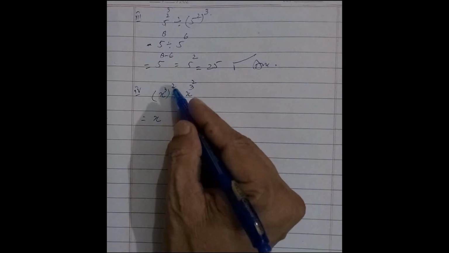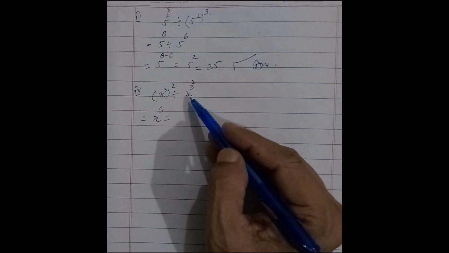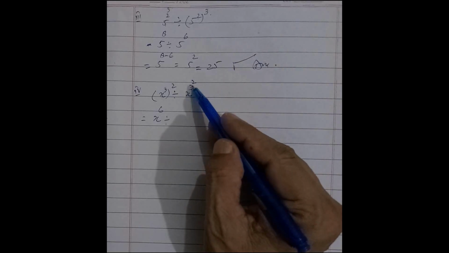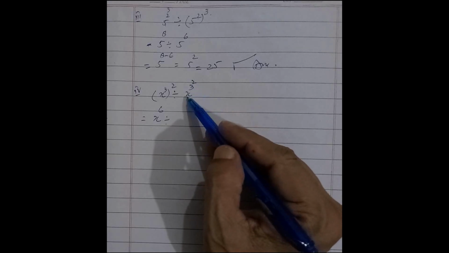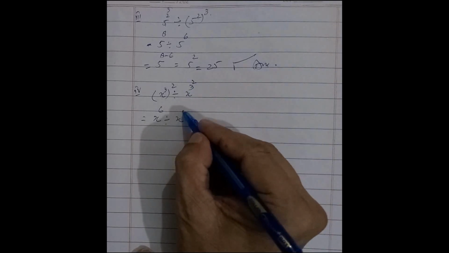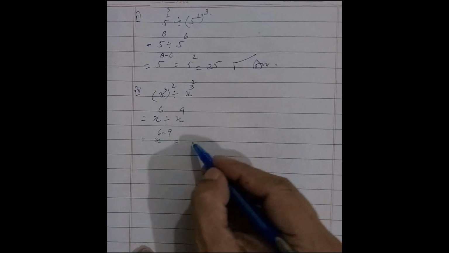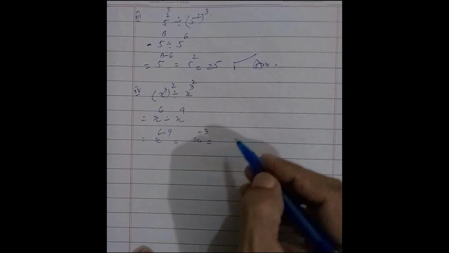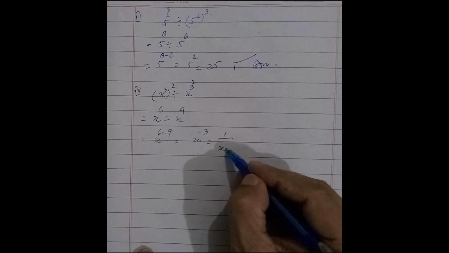So x power 3 2's are 6 divided by the other part of the value, it is x power 3 and 3's power 2. Sorry, x is not including the power of 2, but only 3's power 2. We have x power 9. So we solve it, x power 6 minus 9, which is equal to x power minus 3. And we write this, its power is minus, we shift in the denominator, x power plus